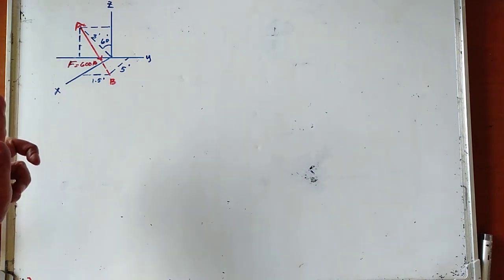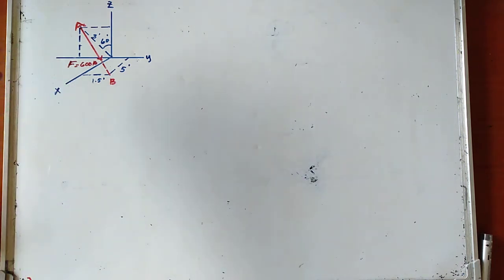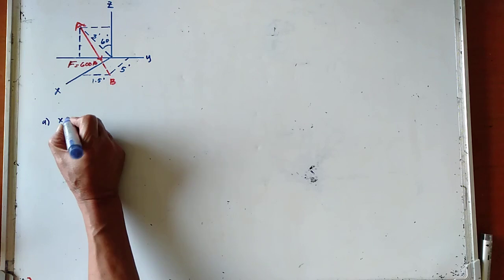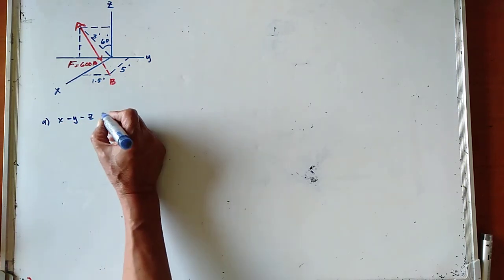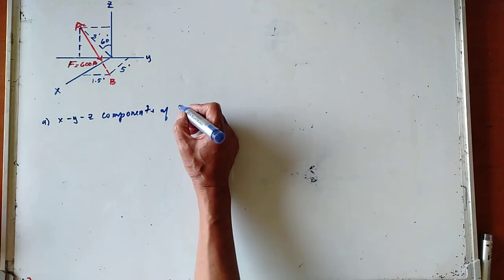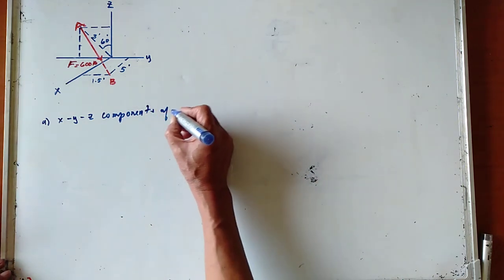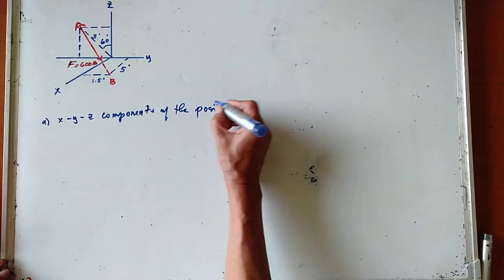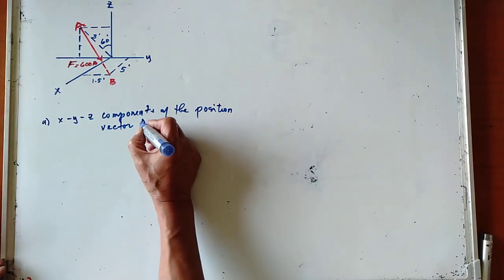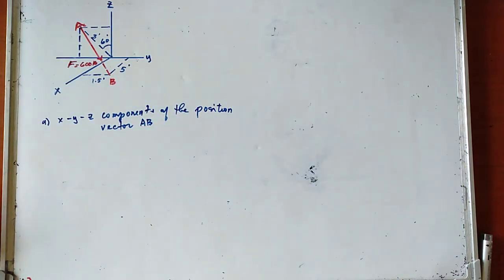Okay, so this is now the figure. So the force F is directed from A to B. So first, let us try to determine the X, Y, and Z components. Okay, that is now your components of the position vector AB. Before we can determine the components of the position vector AB,